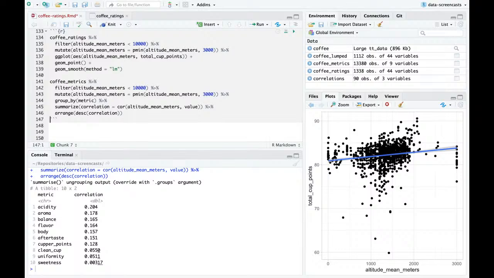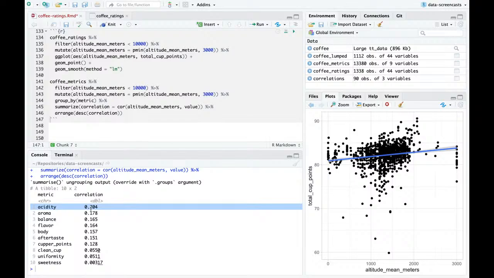You know, it's interesting. I actually really do see there seem to be trends here. The big one is that sweetness, clean cup, uniformity are the three that are kind of separated. Those don't have high correlations, especially sweetness, which has no correlation in this metric. It's interesting: everything that's not cup points, which is kind of the overall score, has a stronger correlation, especially acidity. There seems to be a positive correlation between the score of the acidity and the